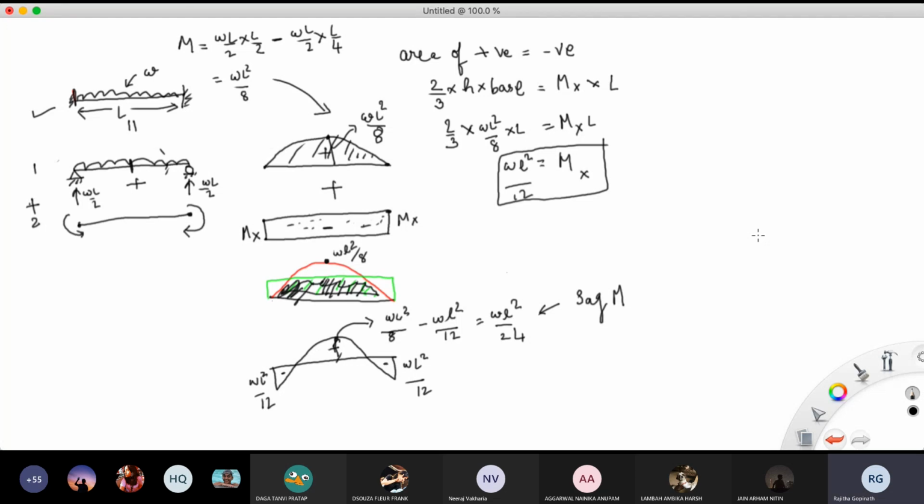Otherwise, if you take sagging as negative, you will always have some negative number, and you just don't know what to do with this negative number. It is also a contradiction. A negative number basically means that it is less than zero, and less than zero, to understand it normally, just means that here negative 835 kilonewton meter. So that is less than zero, meaning it's very less.